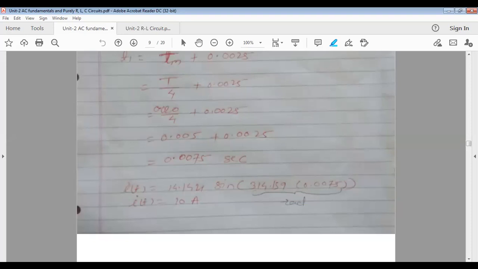Then no need to multiply it by 180 degree by pi. No need. Then directly you can multiply these two and take the sine of that, then multiply by this. You will get the answer directly, 10 ampere. But later on, once you finish with this, you must convert your calculator back to deg mode. Otherwise, there is a possibility that your further calculations will be wrong, because normally our calculator must be in deg mode.